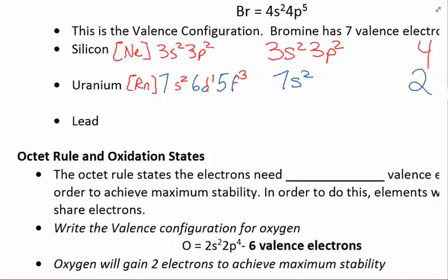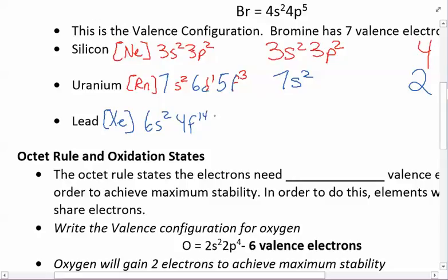So let's take a look at lead. Lead is number 82. We're going to use xenon like we did on the last page. Xenon 6s2, 4f14, 5d10, 6p2. So for lead, there's actually a second way that you can write it that is accepted, and that is